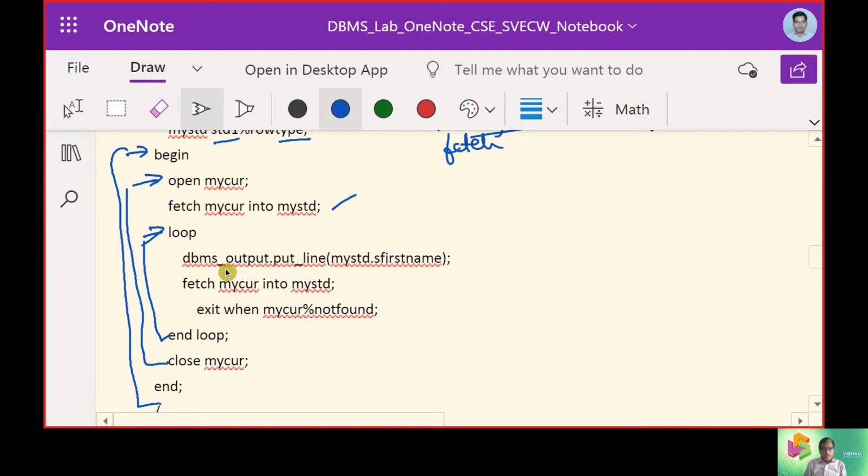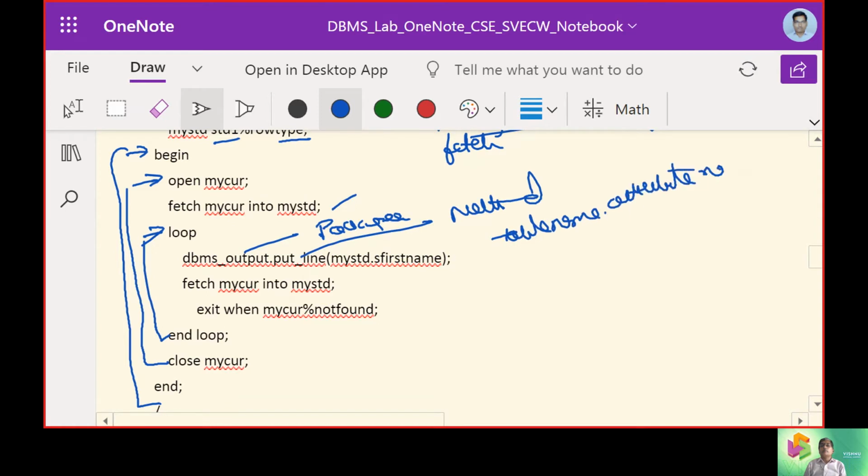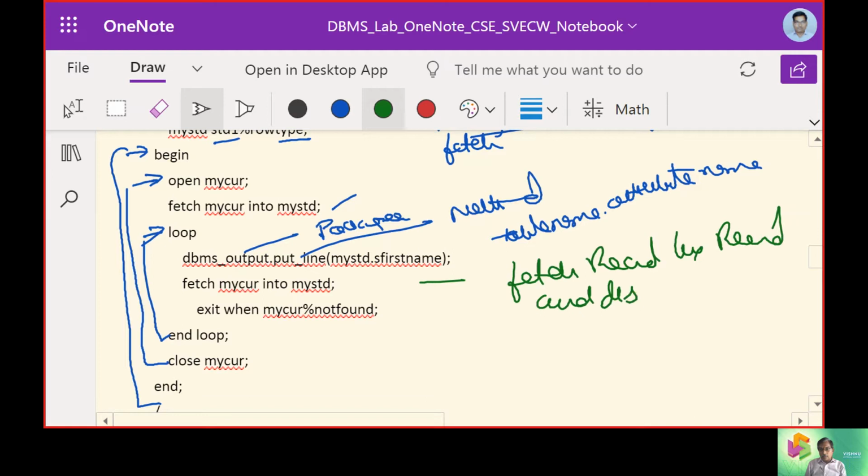The next one was what we are going to intend. Our intention was to use the package here, then we are calling the method followed by table name dot attribute name, table name dot attribute name. Now what is our intention? We will fetch record by record and display, or print.